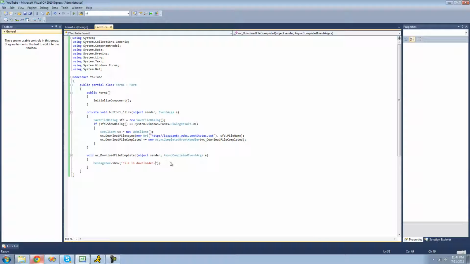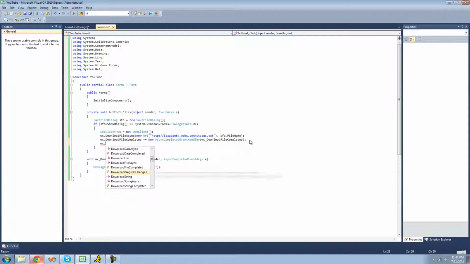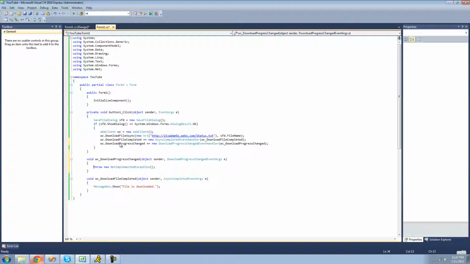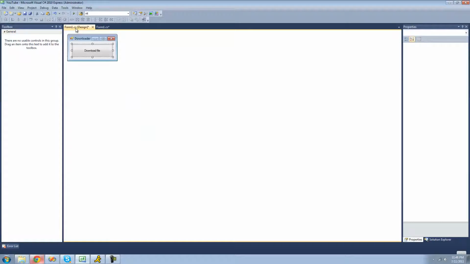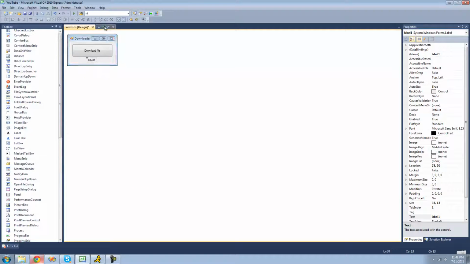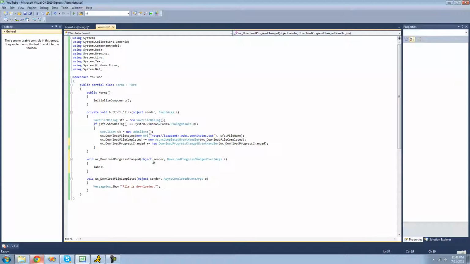The last thing that I'm going to be showing you is how to get the progress of your download. And there's another event inside of the WebClient class called DownloadProgressChanged. And this will be triggered every time that the progress has changed. It's pretty obvious, it's the name of the event, but yeah, it'll just be triggered every time that the progress is changed. So we're going to have a label, and it will tell you the progress of the download. So we're just going to do a label right here, and we'll just say that the text is, we'll say progress,